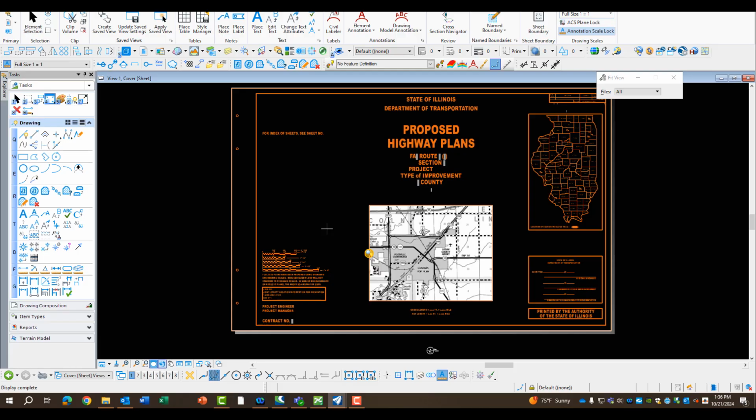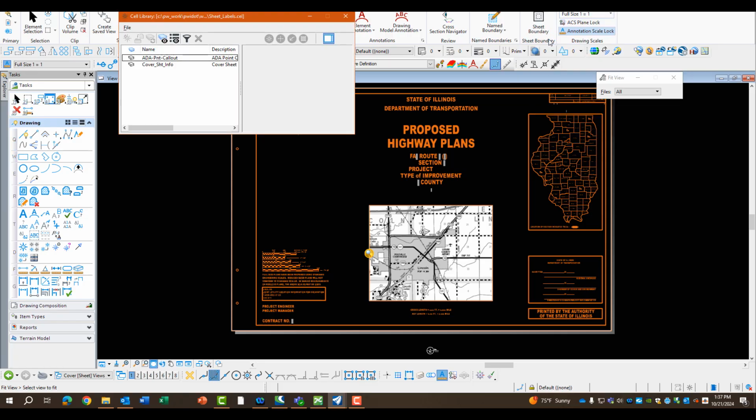So once I've got my cover sheet made, the next thing I need to do is add in all my information for my cover sheet, for my county map. If you are putting in your sheet index on your first sheet, add that in, and your traffic numbers over here on your left side. So I've created a cell that will bring all that information in. It'll bring in the text for it. Now you'll have to modify the text for the information that you need on there. But what you do is you just go up here and attach, just open. And then if you go up here to File and Attach File,